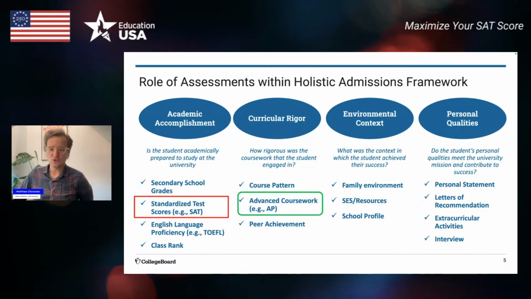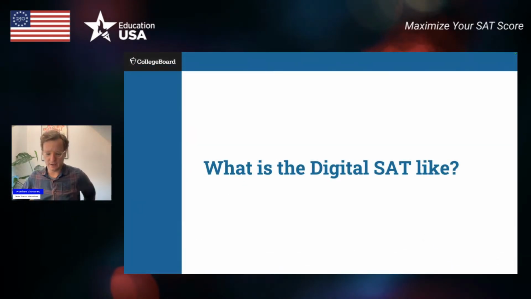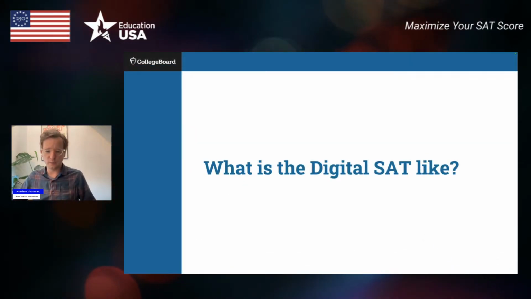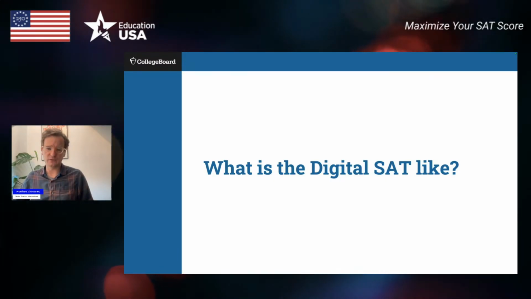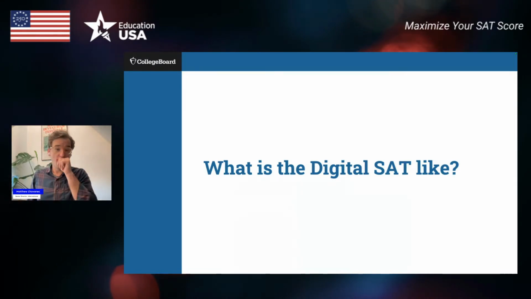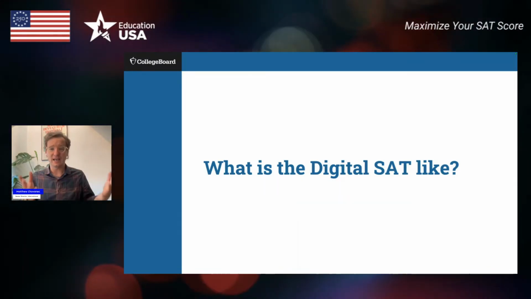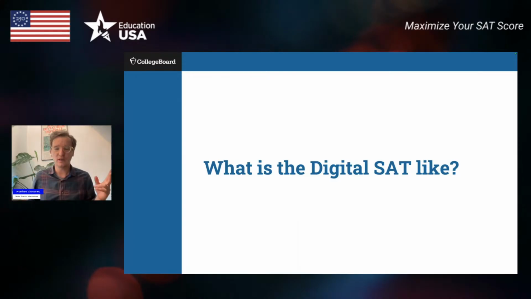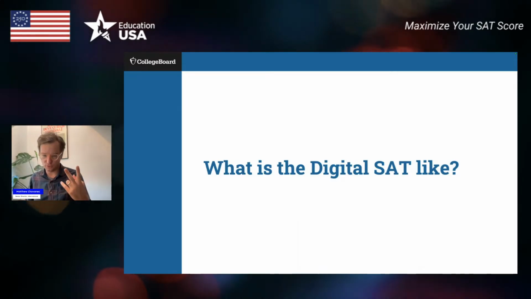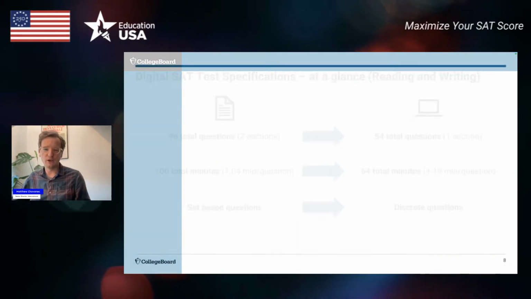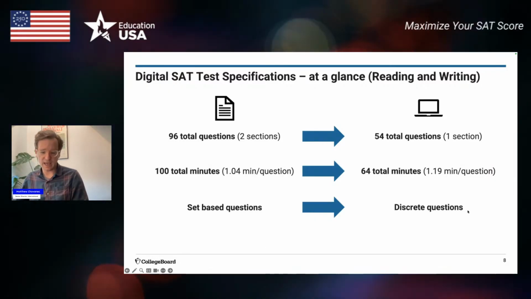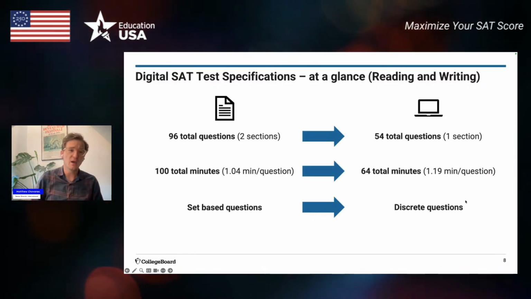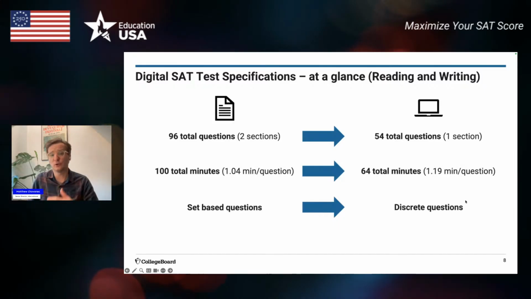Great. So what is the digital SAT like? Maybe you have already looked into it a little bit, but what is it actually going to look like for you, and what is it made up of when you are signing up to register for the SAT test? So there are 2 sections, and each section contains 2 modules. This is what it looks like now, when we changed from a paper and pencil test to a virtual test.